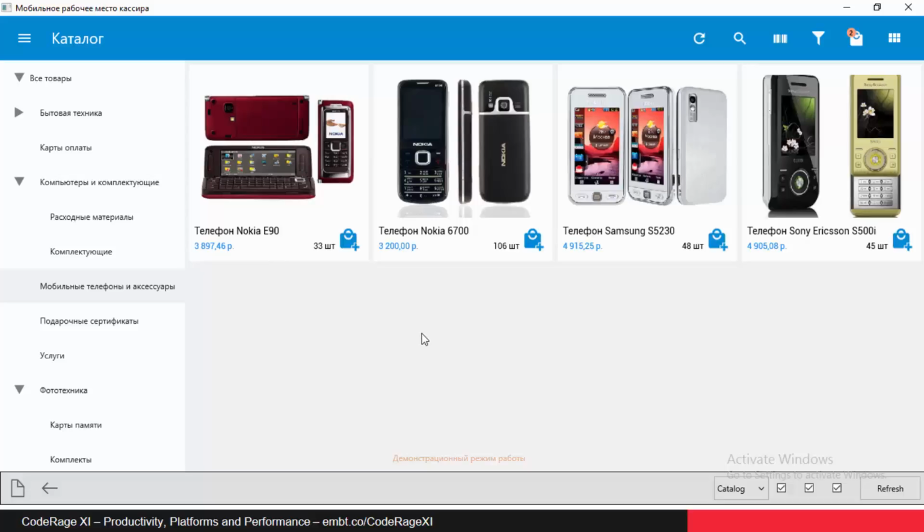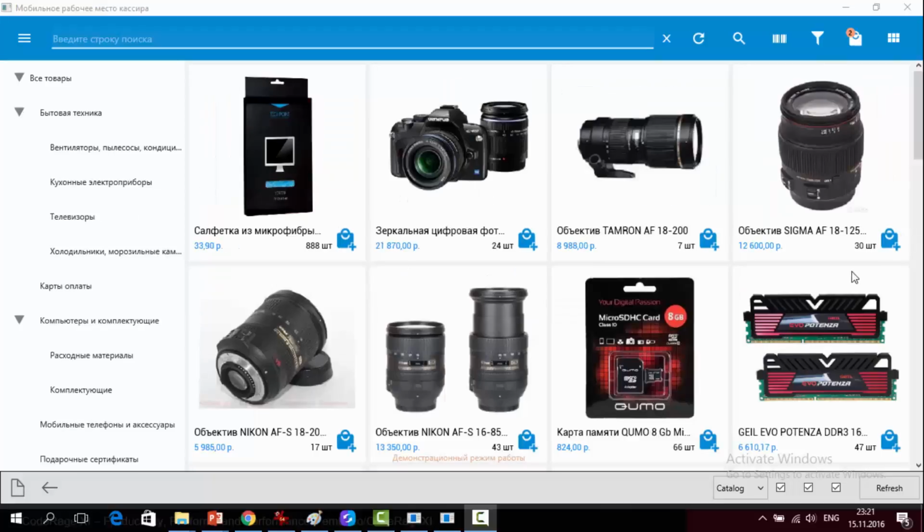They will be changed as we scroll this panel. In a real shop, we can have thousands of goods, and the scrolling will be very fast.